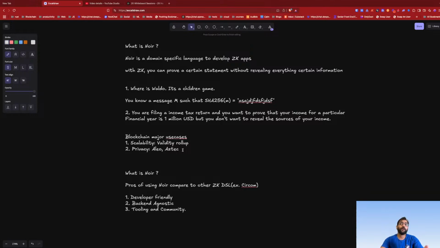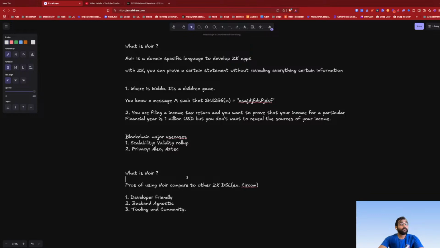Privacy is like if you are transferring some amount of money, or doing any transaction that involves some state change, like change of some state variables, and you don't want to reveal it, you don't want to show the entire world, because every transaction on the blockchain, everybody can see that, right? So in that particular aspect, privacy comes into the picture, right? And Aztec and Helios are the chains which are focusing on solving this particular aspect.